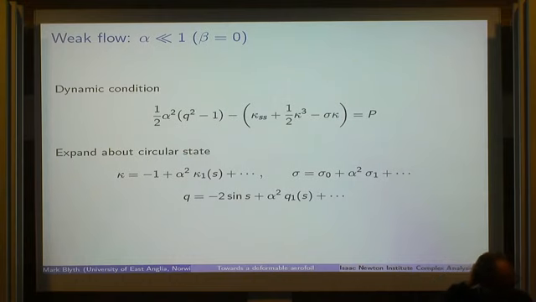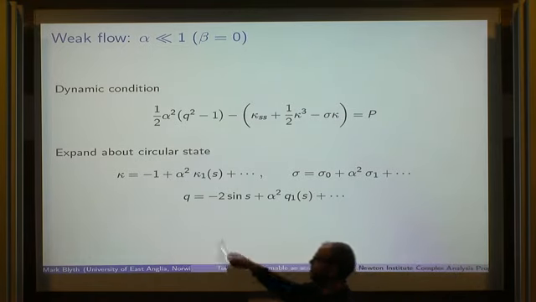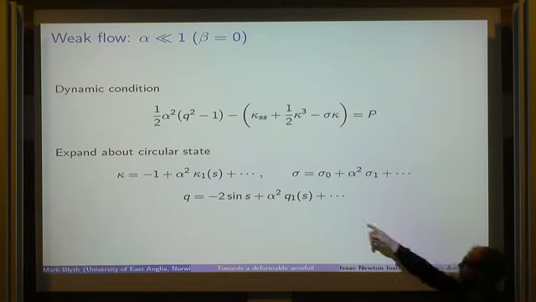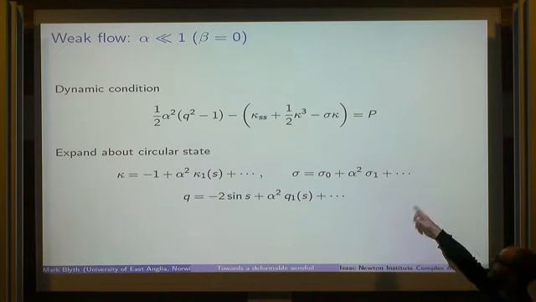Well, if alpha is small, we might try expanding in powers of alpha, and the obvious power of alpha, given the form of the dynamic boundary condition, is alpha squared. So that's what I've done here. The leading order solution here, k is -1, is a circle, which is defined to have negative curvature. The flow speed, -2 sine s, that's the slip velocity over the surface of a circle in a uniform stream. So that just comes from Batchelor's book, for example. And then plus some perturbation that we'd like to find. And sigma is this constant of integration. Okay, so we have to play with that as well,